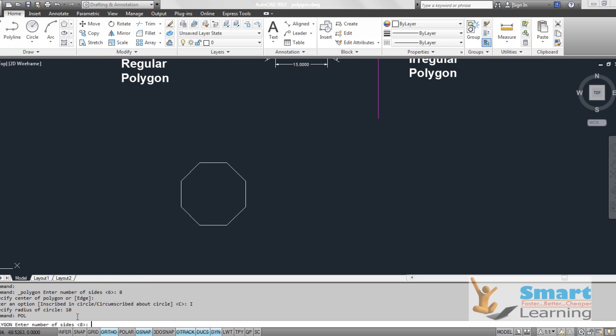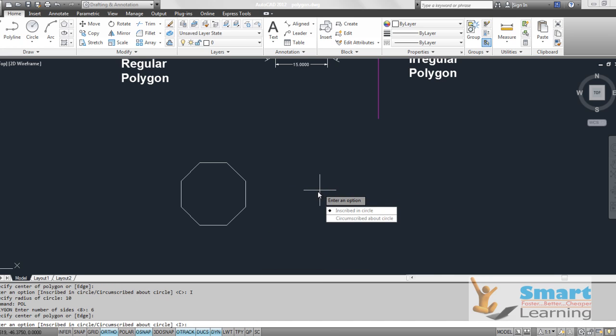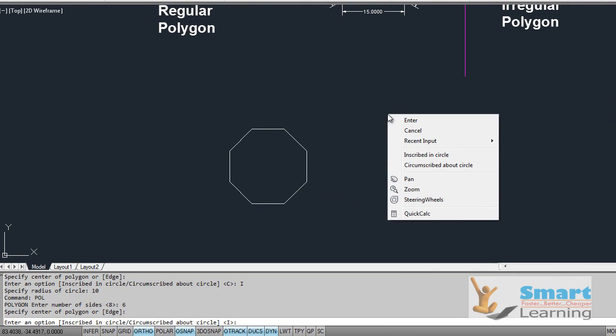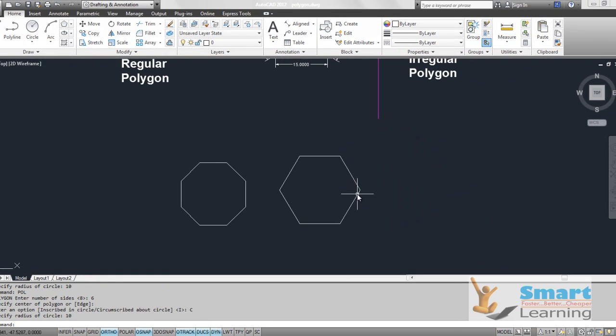Number of sides may be 6, and you define the center point. Then I will go for circumscribed either by this direct screen navigation or right click, and you define the radius of the circle as 10.